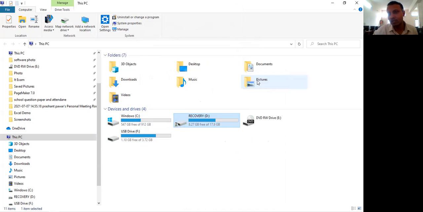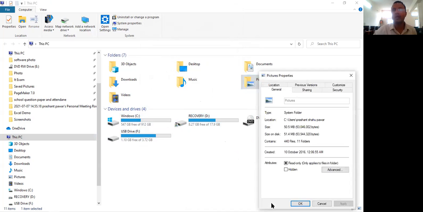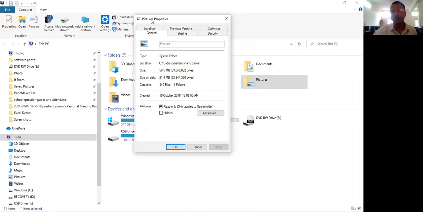But this picture folder has a very small memory, and that is why it shows the memory in MBs. If you have low memory, it will show in bytes. Greater than byte, it will be MB.